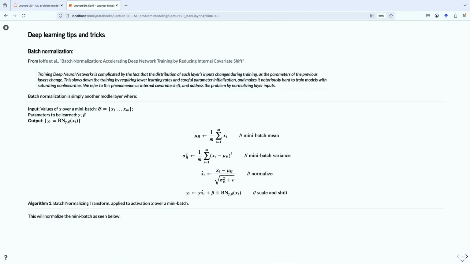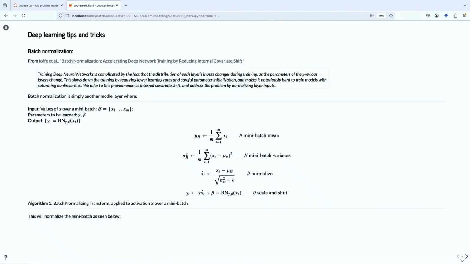The distribution of the inputs to the layers towards the beginning isn't changing that much, because it's just the data set distribution. That's set in stone. But the distribution of the inputs of the layers towards the end of the network could vary greatly, because depending on the weights of the layers at the beginning of the network, it will greatly change the distribution of their outputs. And then those outputs will propagate through. So this is a thing.